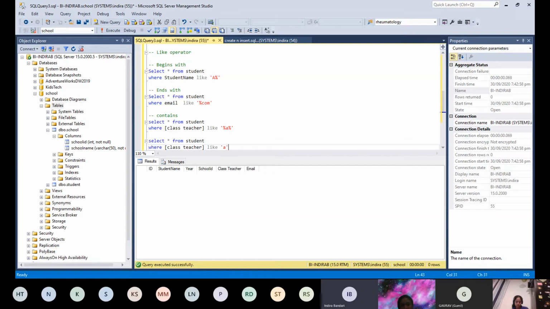Unless you put that, the compiler won't know whether to search from the beginning or search from the end.